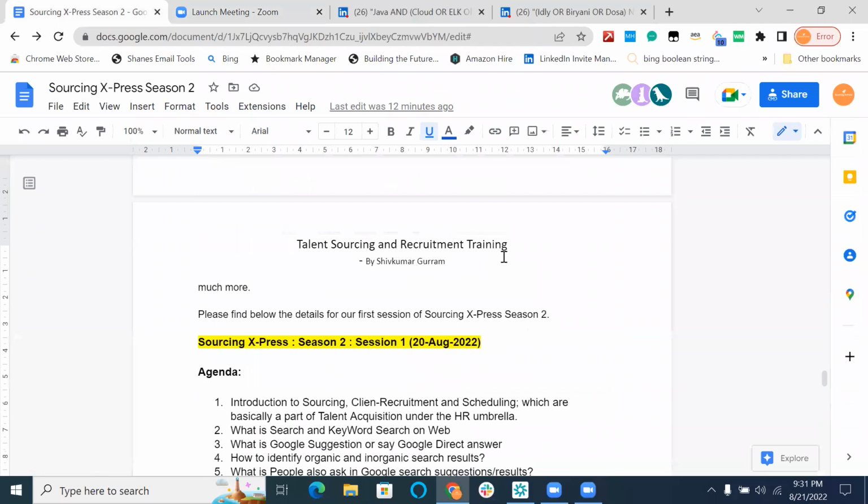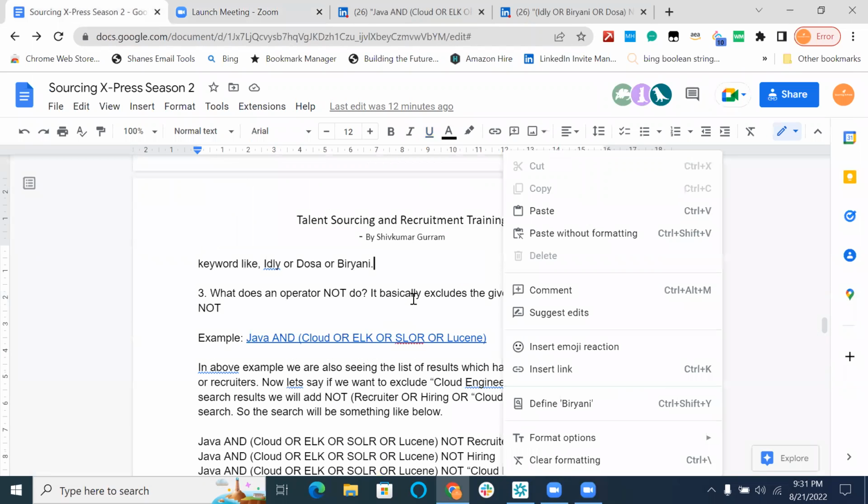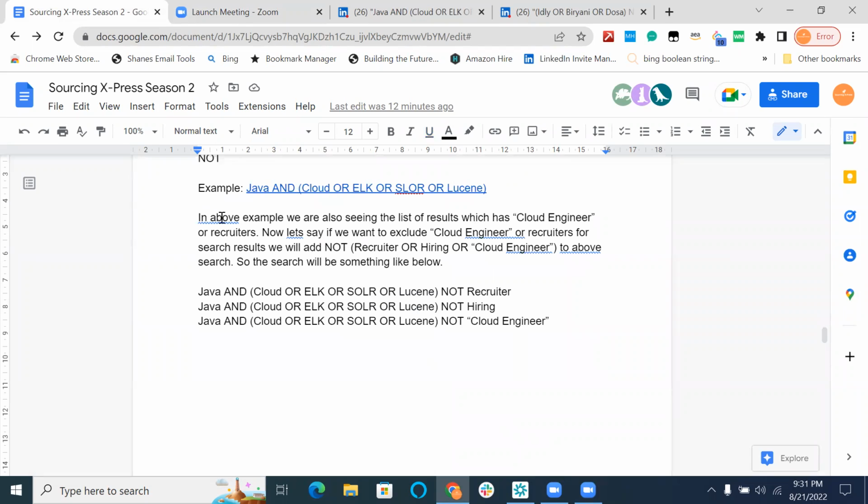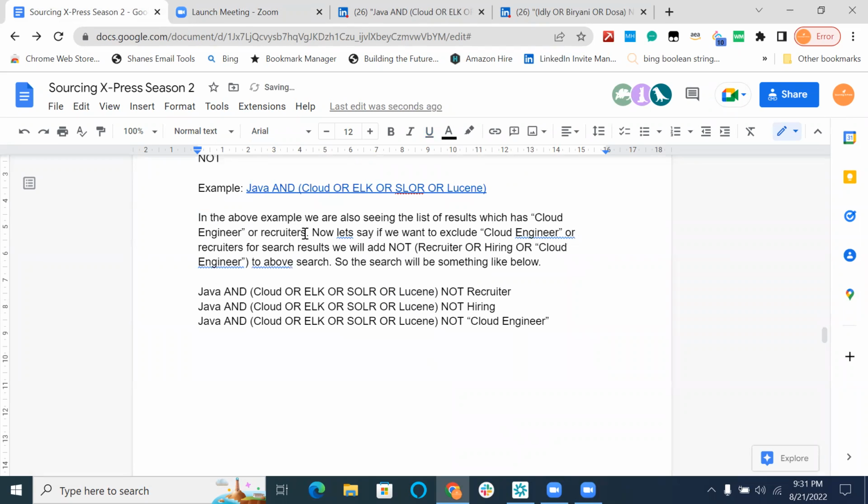Okay, so now, any questions on what the operator not is doing? In the above example, we are also seeing a list of results which has a cloud engineer or a recruiter. Now, let's say you want to exclude a cloud engineer or a recruiter from the search results, we'll add not recruiter or hiring or cloud engineer to the above search. So the search will be something like below. Now, if you're adding this, then you see the list of results where